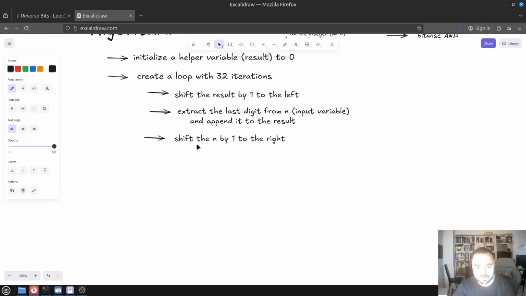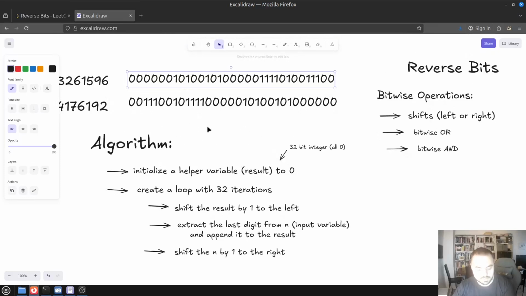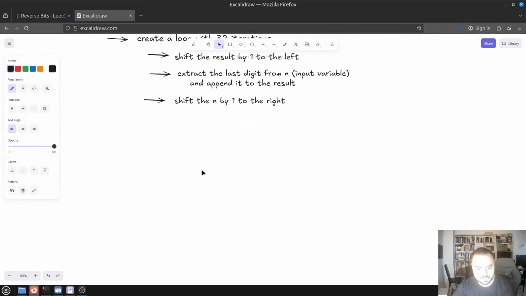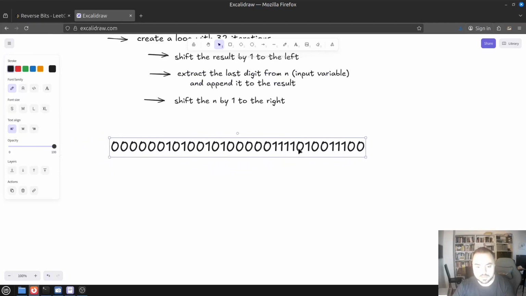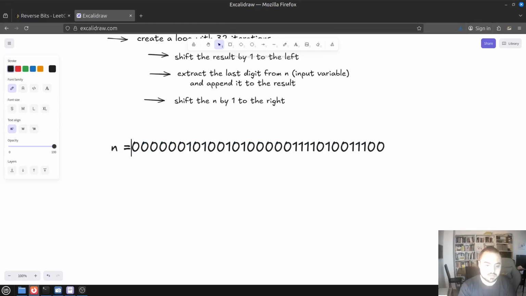We will probably not do the whole thing. Let me copy that here. Control C and Control V. Okay, this time it worked. And that's our input. That's our N. So let me make it here. N is equal to,